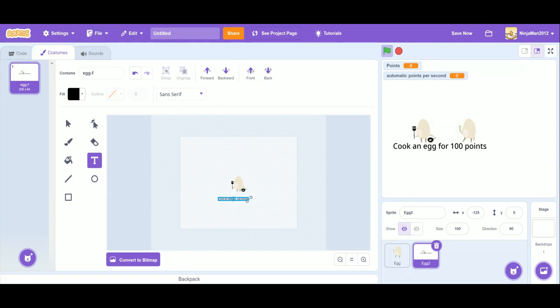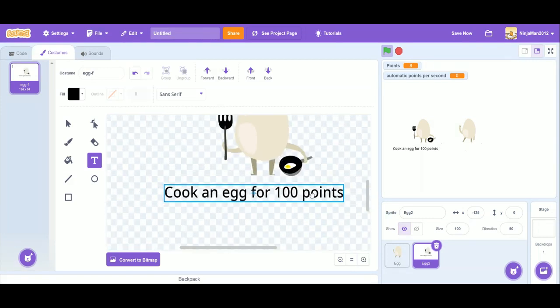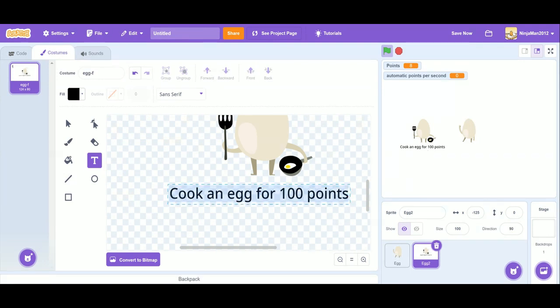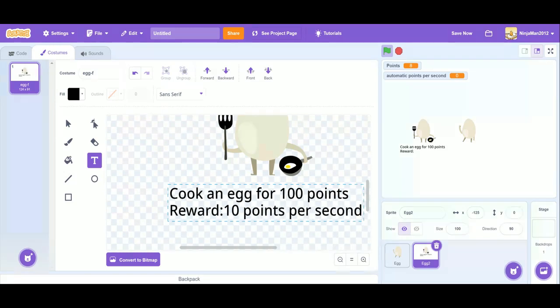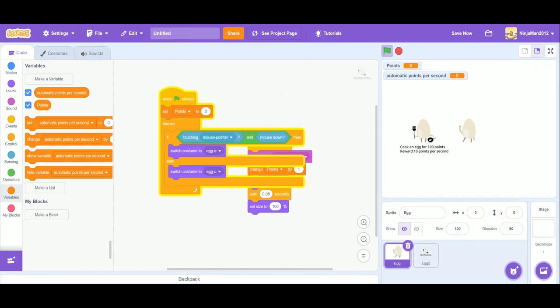Make it smaller. And the reward would be 10 points per second. And so we're about to be done. The last thing we do